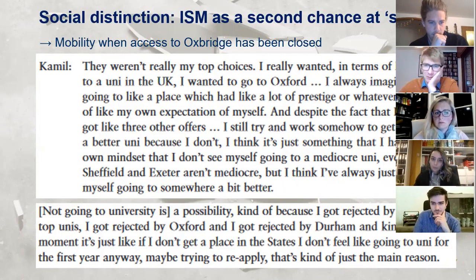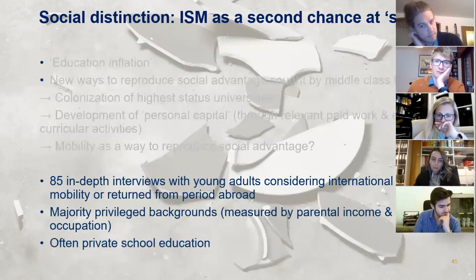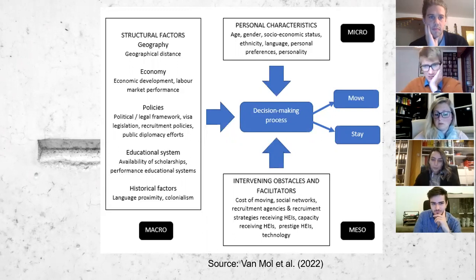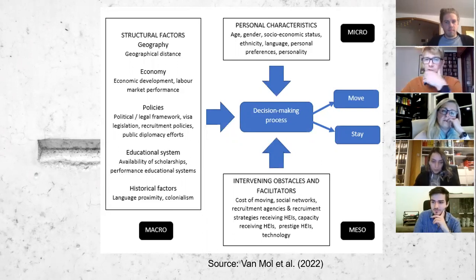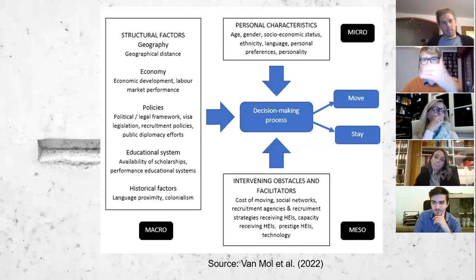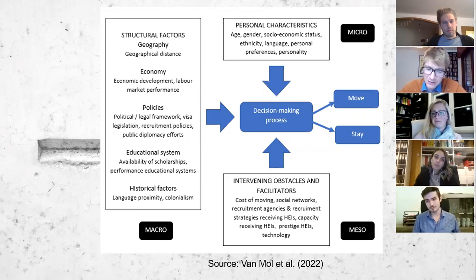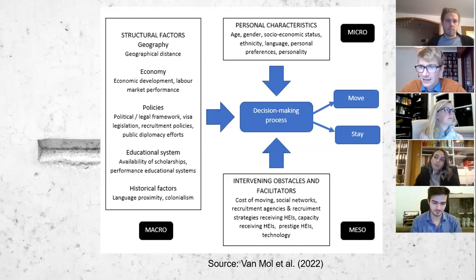But now comes the interesting part, right? Let's go back here basically. So you would say, okay, there is this structural factor, the educational system, and the prestige of higher education makes it impossible for students from higher socioeconomic backgrounds, so you have meso and micro level characteristics, to enter. So logically, you would say that they move, but actually, in their research, they also show that only a minority of those rejected actually do really move.